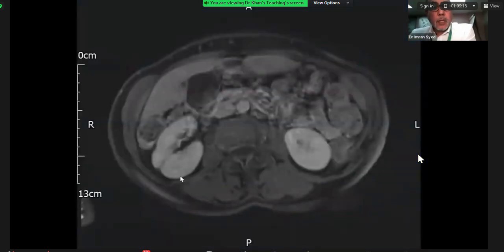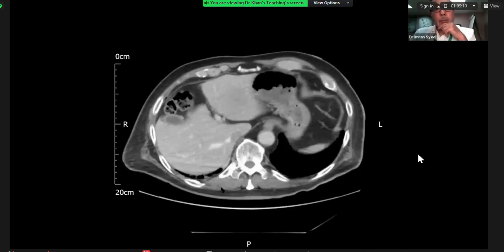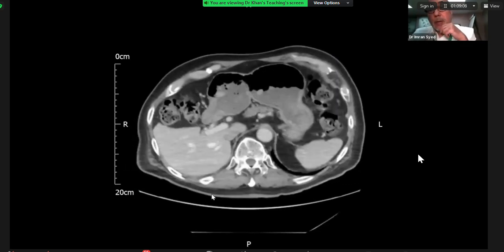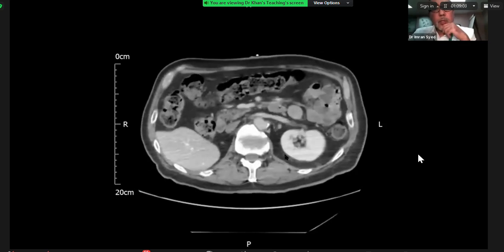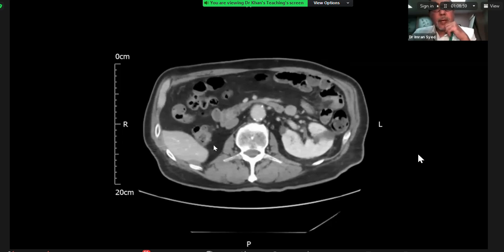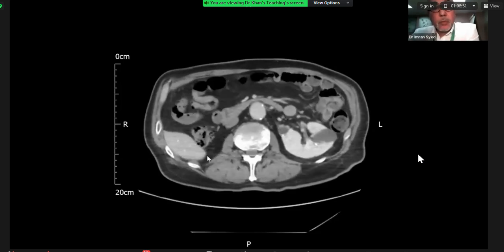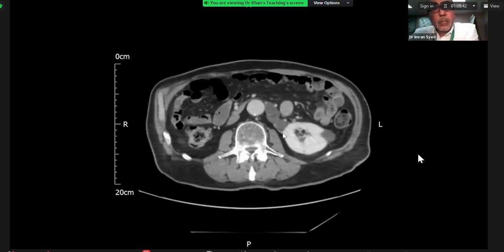Now we're going to go on to the next case. This is another long case that could come up in the exam. So we notice a left kidney. We notice the absence of the right kidney. So whenever you see a CT image where there's no right kidney, you've got to question whether they've had a nephrectomy. But in this context, you suddenly see this lobulated low attenuation change adjacent to and contiguous with the left